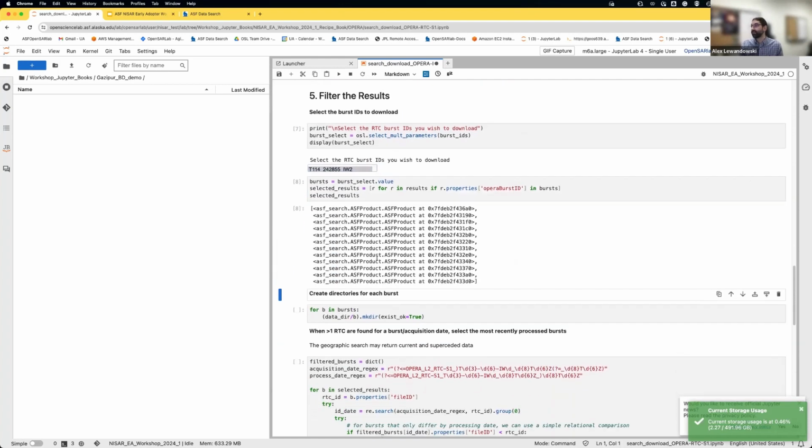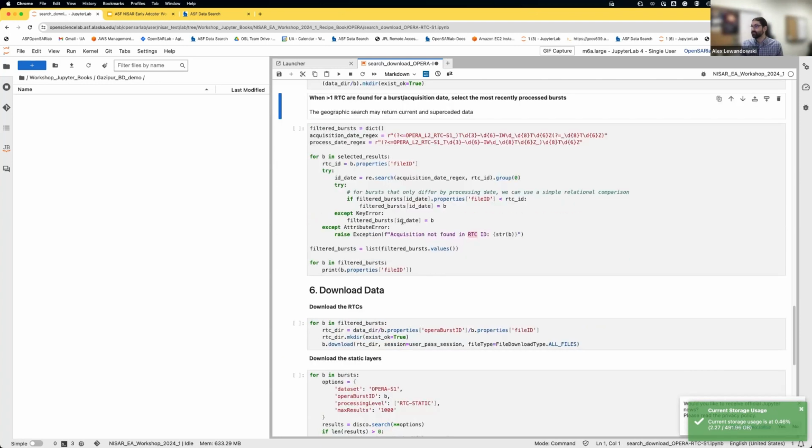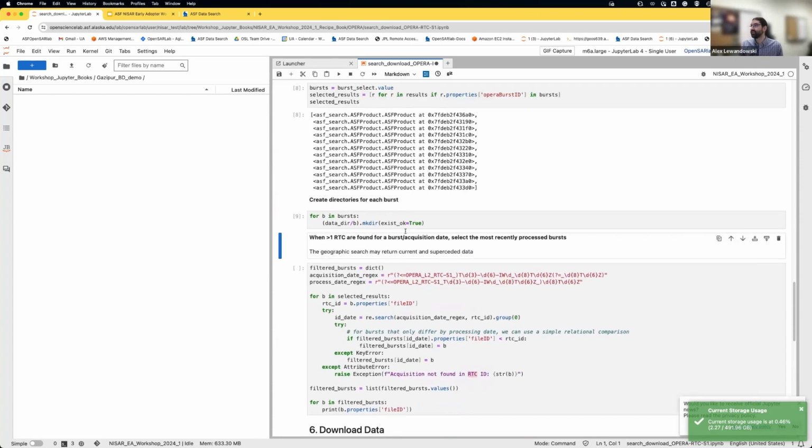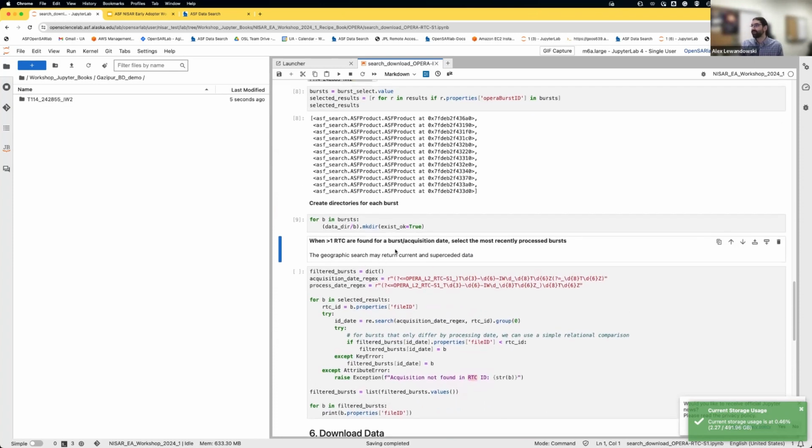And so it found all of these products, and there's something to note about these data. Currently, I believe this is an issue both with RTC and CSLC Opera products in the ASF archives. Some of them are being doubly ingested. So we're getting a product that has incomplete metadata, and then within a matter of seconds or minutes,